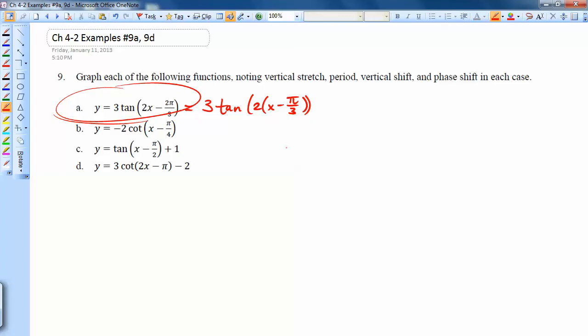Now tangent, if we think about the original graph for tangent, I'm just going to sketch a very simple version of it over here. So tangent has asymptotes at pi over 2 and at negative pi over 2. And then it does this sort of thing, and then it just repeats that over and over and over again. And 3 important points on it are 0, 0,